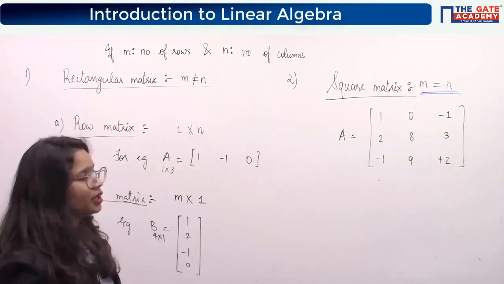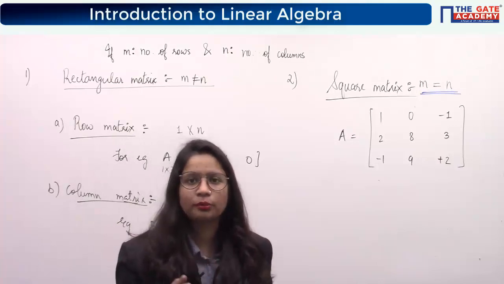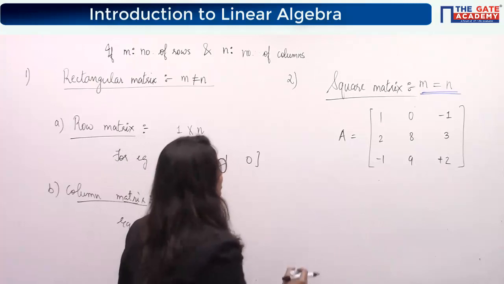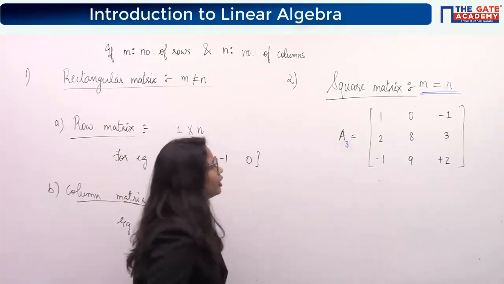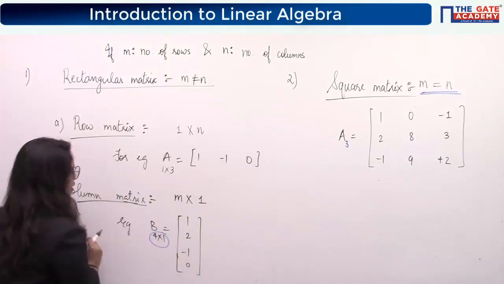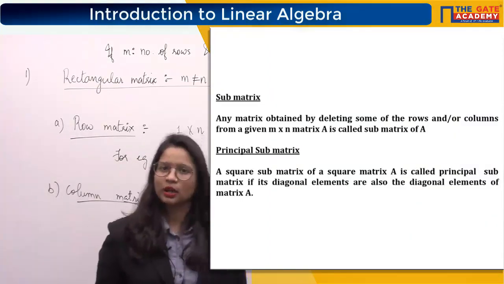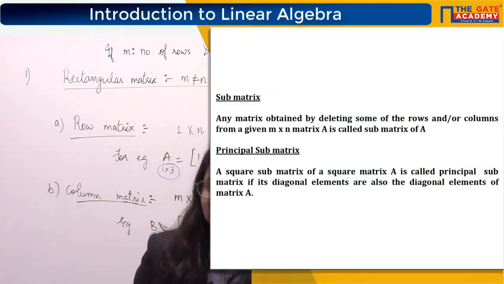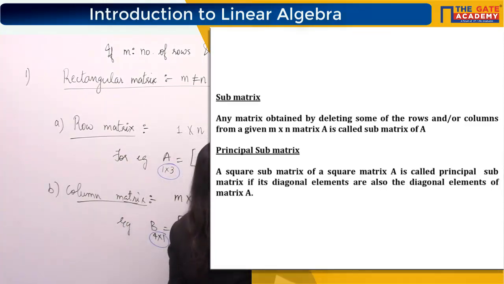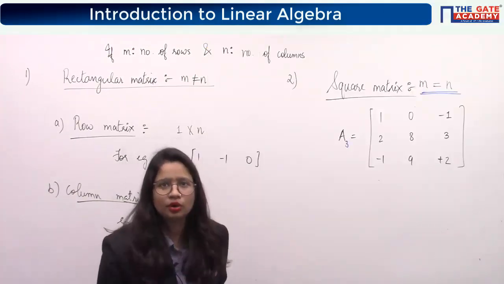Now A is a square matrix of order 3 cross 3 because both the number of rows and the number of columns are same. Instead of writing 3 cross 3, you can just write it is a square matrix of order 3. For a rectangular matrix, the representation is like this: 4 cross 1, 1 cross 3. But for a square matrix, because both of the quantities are same, instead of writing again and again, we will just say that A is a square matrix of order 3. Okay, so don't get confused. Order 3 means already it is a square matrix. You already know both of these are same.